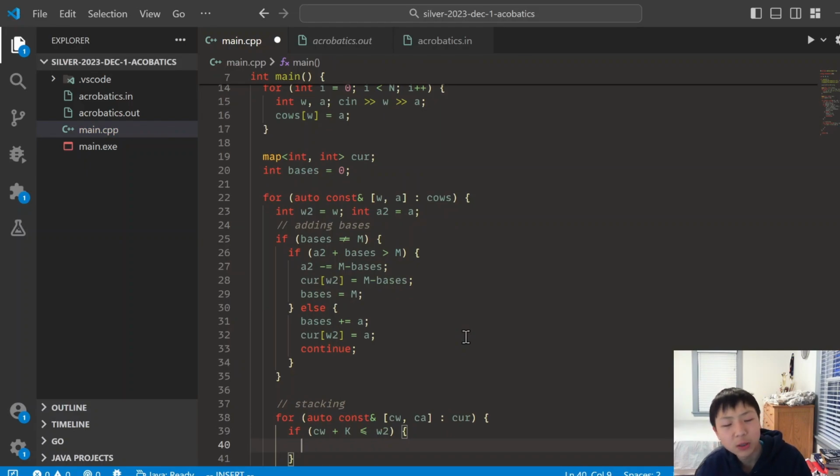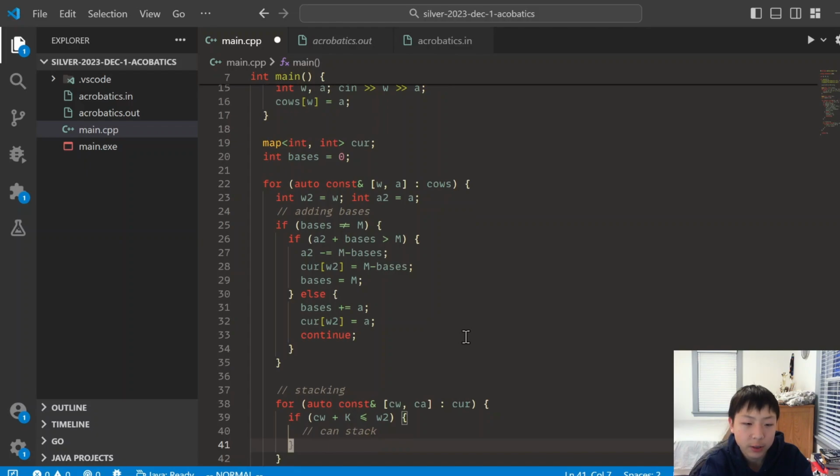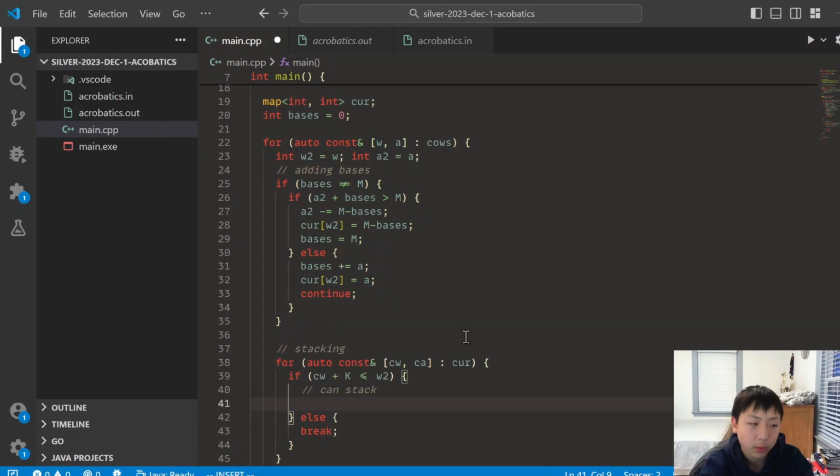So what does this mean? This just means CW is a smaller one, so CW plus K is gonna be the limit right there, and it has to be smaller or equal to W2. That we can stack. I think else then the others we can't really stack either. So else. Okay, so if we can stack, we're gonna stack as many as we can. And so we're gonna be checking A2 and CA. So the same thing as here,